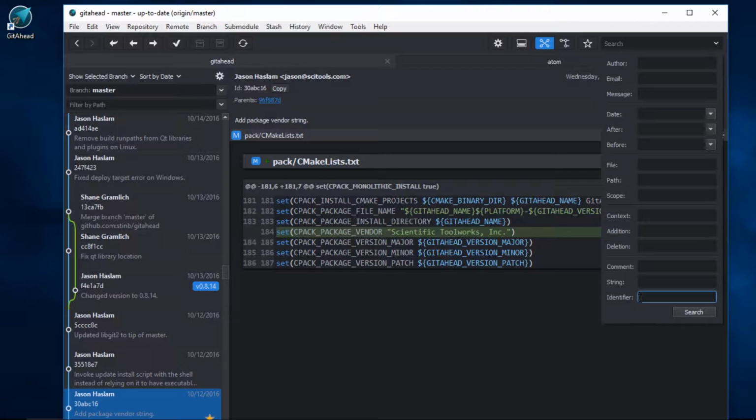Lastly, let's go over the identifier search operator. This field is useful for searching any keyword or token throughout your Git history. This field will also exclude all comments and all strings from your search results. We're going to use the keyword return for our final example. Return is used all over our project. If I search for return as a comment,